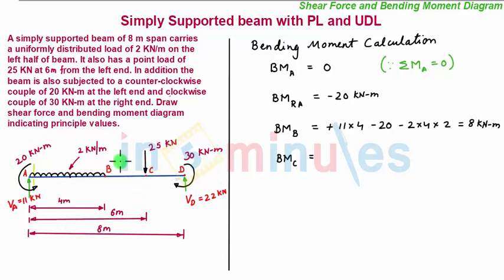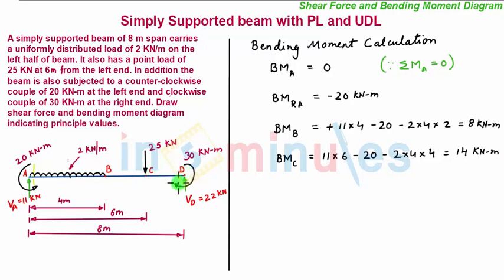of section. Now bending moment at C is, there will be a clockwise moment due to this force. So we have 11 multiplied by distance as 6 meter. Then there is an anti-clockwise moment on the left hand side of magnitude 20 kilonewton meter, so we have minus 20. Then there is an anti-clockwise moment due to this UDL, which will be acting at a distance of 2 meter from here to here and 2 meter from here to here. So minus 2 into 4, this gives you the magnitude of UDL multiplied by the distance is 4 meter. So the value comes out to be 14 kilonewton meter.